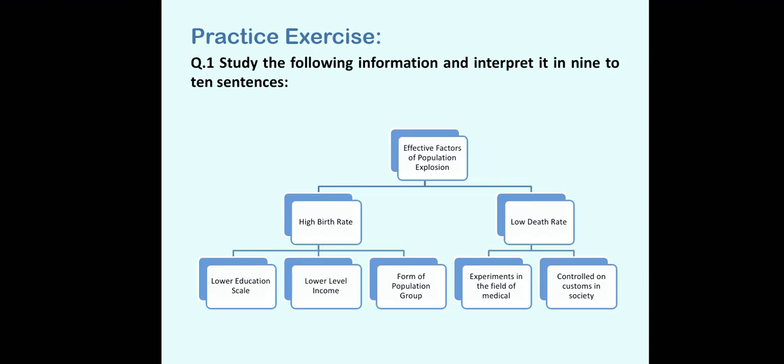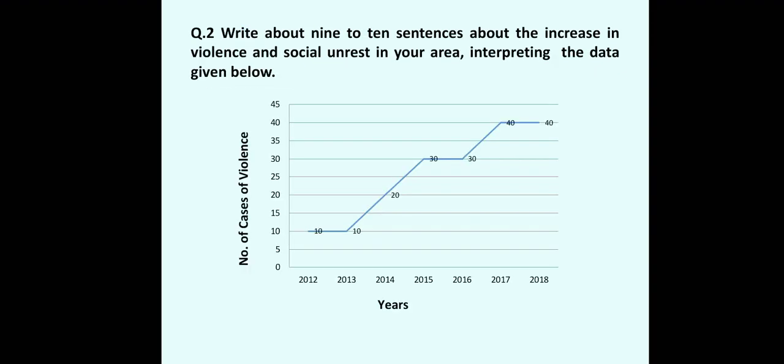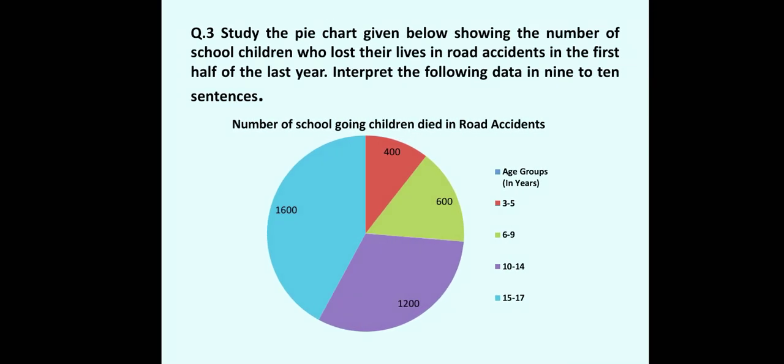For more practice, I have given here the information in a hierarchical form. You have to read the information and interpret it in 9 to 10 sentences. Now, question 2 is again a line graph. You have to interpret this question about the increase in violence and social unrest in your area. You have to interpret this data, as well as one more I have given here. It is a pie chart